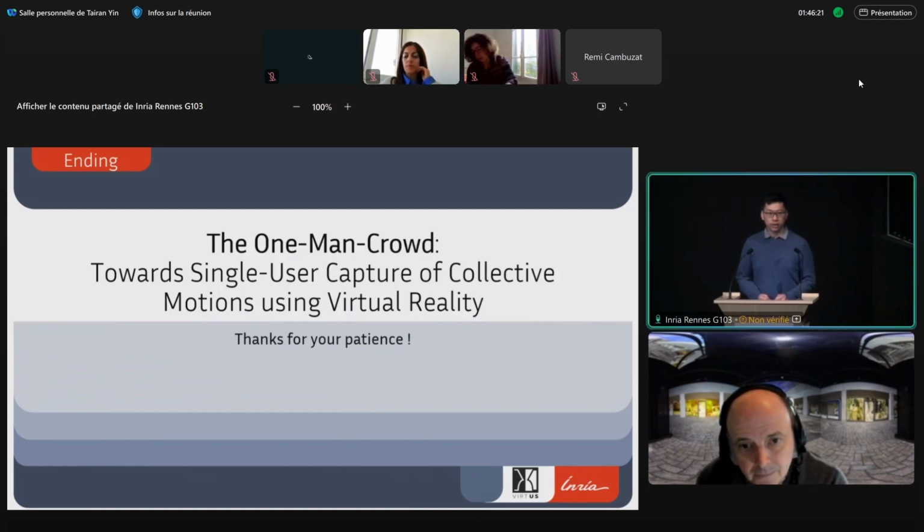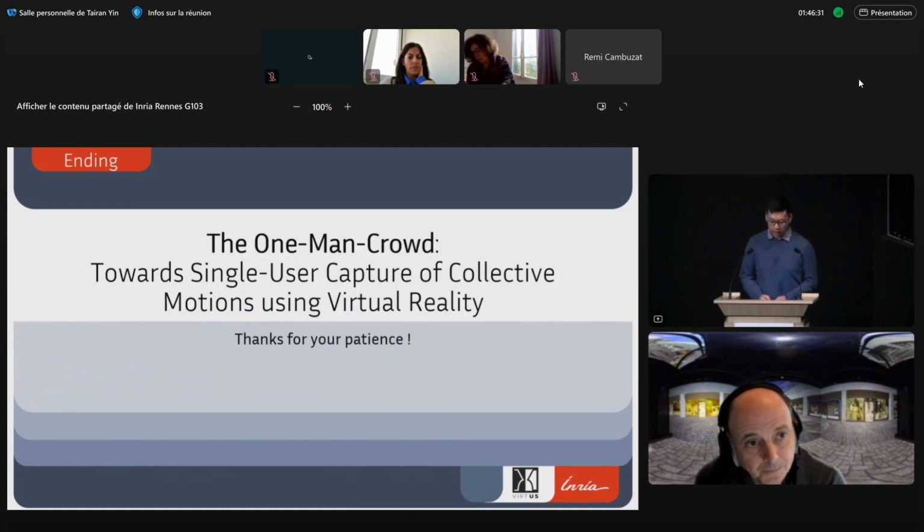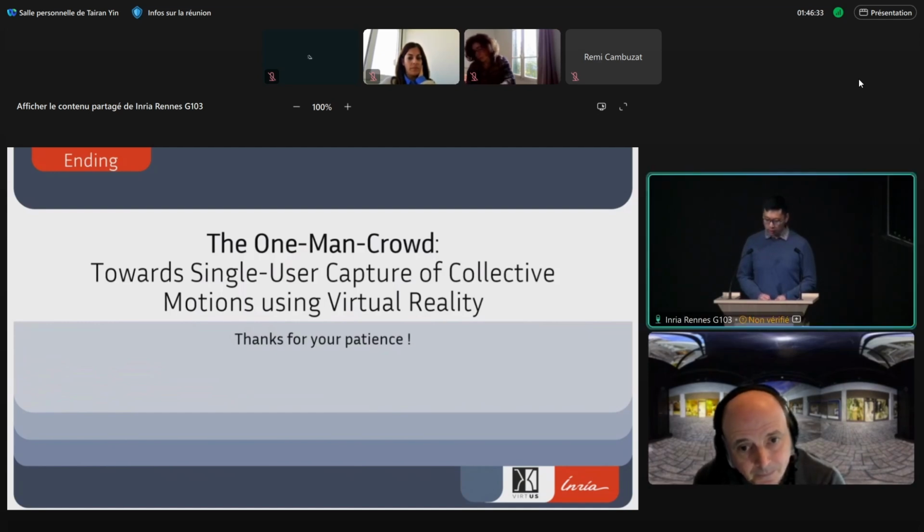So the question is, would choosing a different VR headset with a different configuration impact the result of the research? Yes. Well, I have to be honest that we didn't study how the use of different types of VR headset would impact the data.